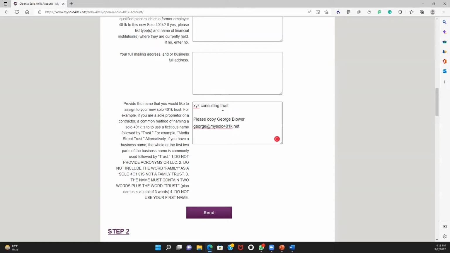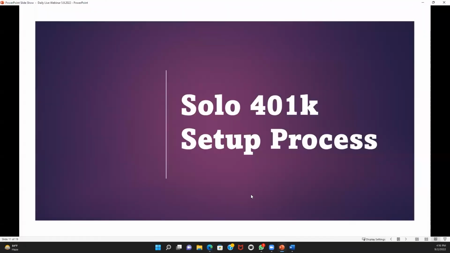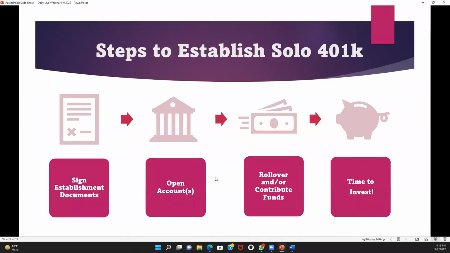That way, when the email goes out, because what will happen is once this information is submitted and payment is made, that'll put the plan in the queue for us to email a link to our secure portal where the documents that are needed to restate the plan can be accessed. And then we'll copy whoever's listed here, so that you'll be included on the communications. That person will get an email by the next business day where they can access the portal, download the documents, and sign the documents.